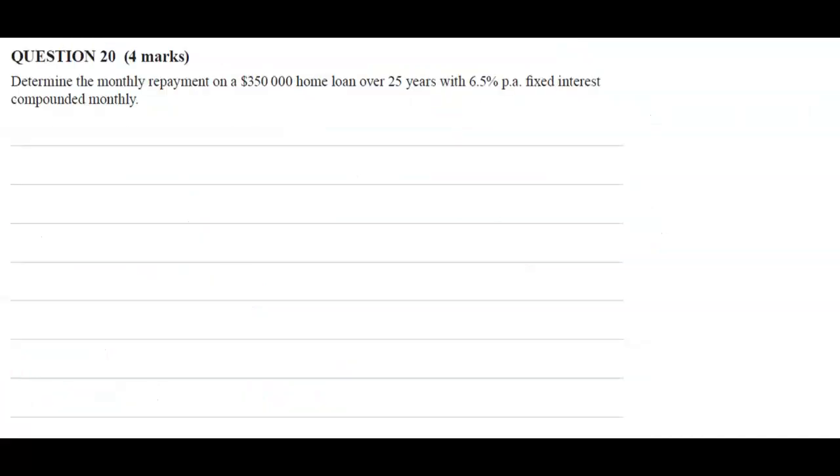Question 20. Determine the monthly repayment on a $350,000 home loan over 25 years with 6.5% fixed interest compounded monthly. Looking at this question, the key words that started off are monthly repayment. This right away tells me I need to use an annuity. Whenever we're making a payment or an investment that is a fixed sum at a fixed interval, we're dealing with